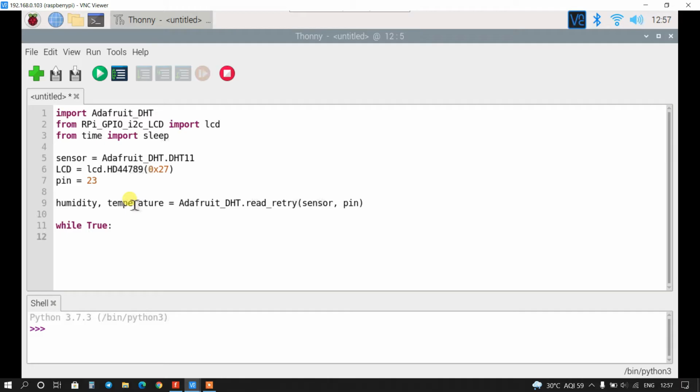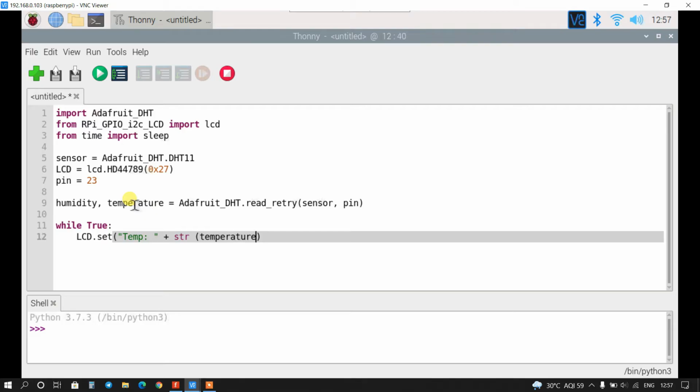I will print on LCD. So LCD.set, I will print Temp, means temperature, plus temperature. It is int type, so I will convert it into a string, so it is str.